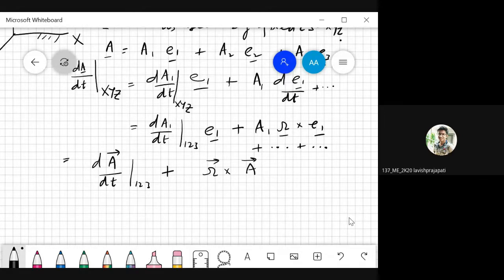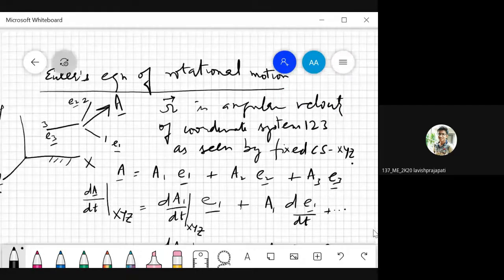Sir, simply E1, E2, and E3 are the directions, we are assuming like I cap, J cap, K cap? Yes, it is the same thing. I have named the unit vectors differently. Instead of I, J, K, I am calling them E1, E2, E3. Okay, sir. Okay, fine. That's fine. Okay.